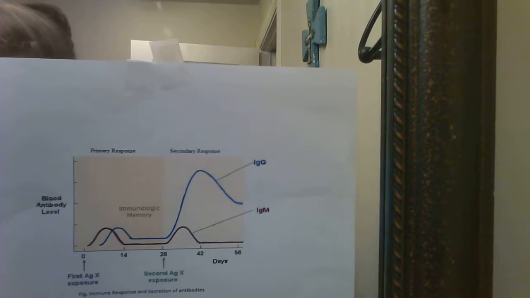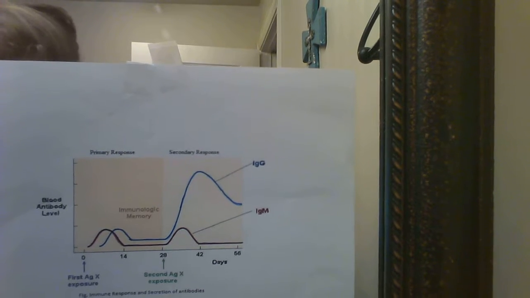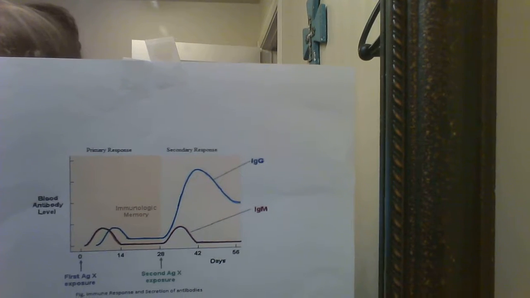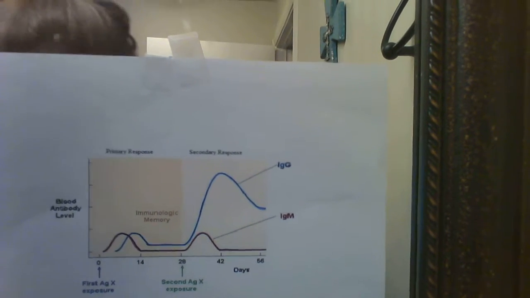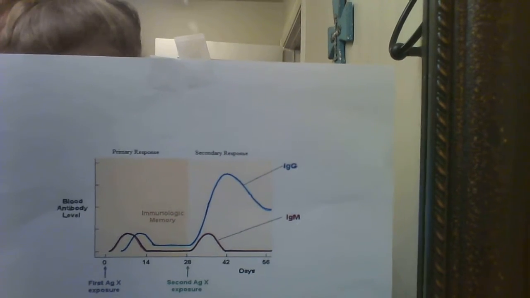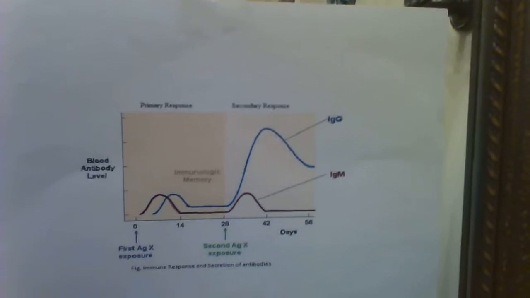In your primary response, your antibody level declines rapidly, and the affinity of antibodies is much lower for its antigen. But if we look at that secondary response, you can see this huge peak, and the antibody level remains high for a longer period, and those antibodies are going to have a much, much greater affinity for the antigen. And another thing I want to point out, you'll notice it says IgG here and IgM,